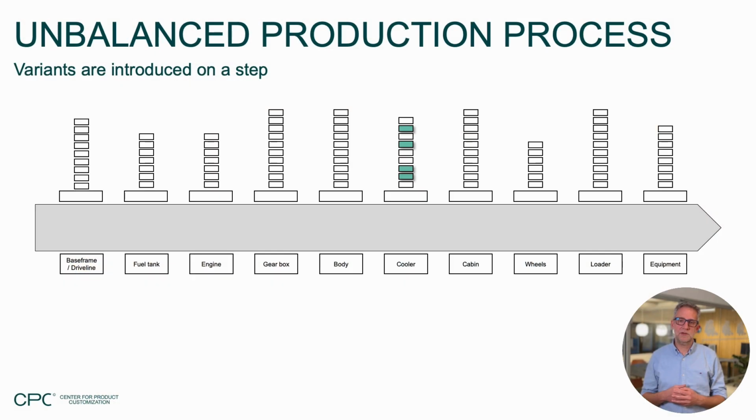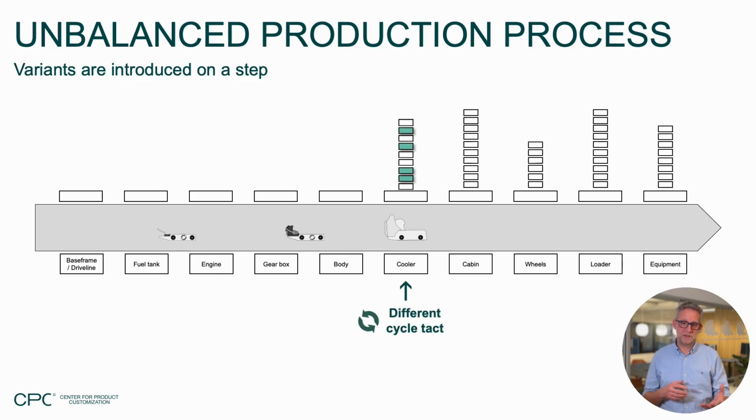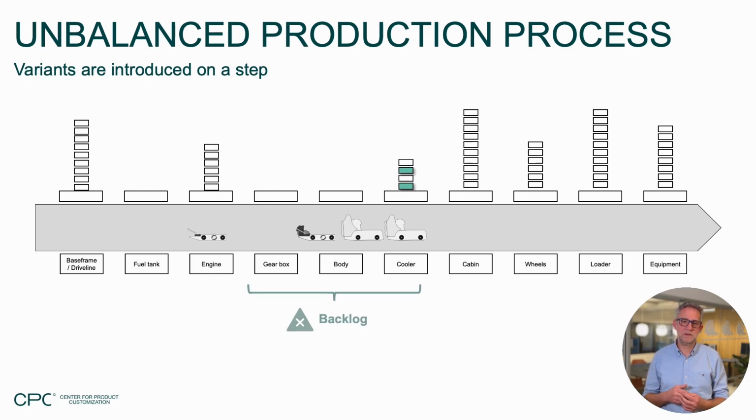However, as product complexity increases with more variants, such as different sizes, features, or configurations, more complexity may also arise in the production process. Different product variants may require specific adjustments in assembly or testing, affecting the consistency of flow. In the end, the added complexity can cause fluctuations in the takt time, leading to delays in certain stages. As the system struggles to accommodate the varying needs of each variant, it may result in a backlog, ultimately delaying